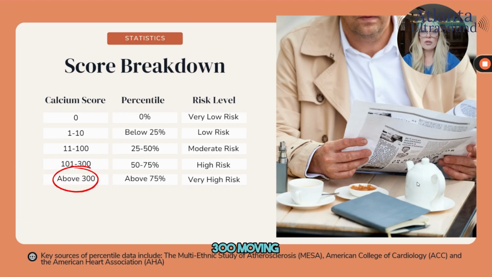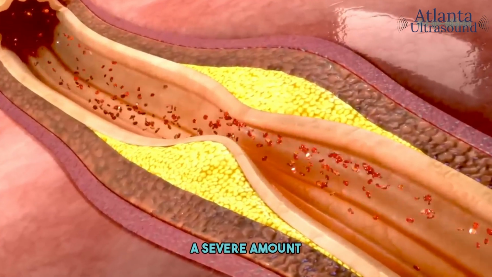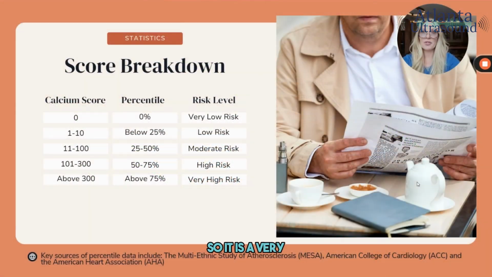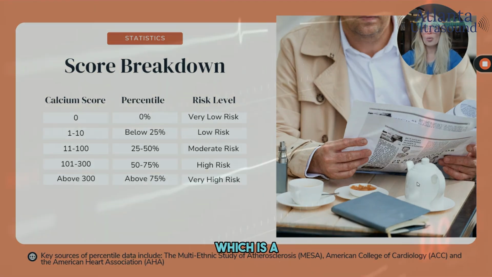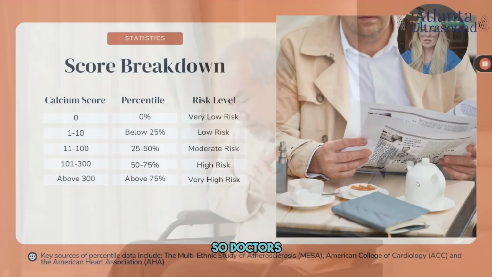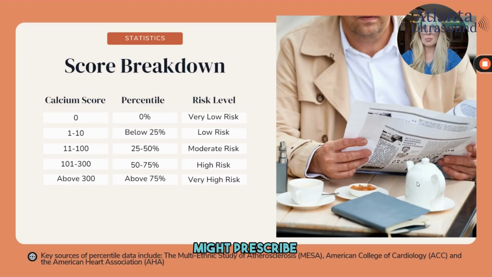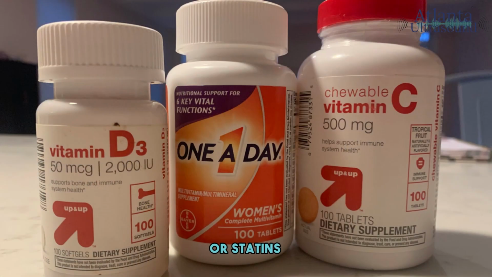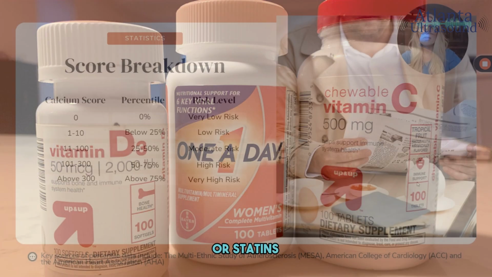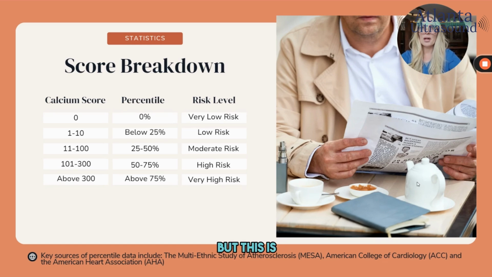A score over 300, moving up next, indicates a severe amount of calcified plaque. So it is a very high risk of heart attack and heart-related problems at this point. You typically would have plaque higher than 75% of your peers, which is a strong indication of heart attack. So doctors at this point might prescribe surgery or statins, like a stent or statins. It's really up to them, but this is an